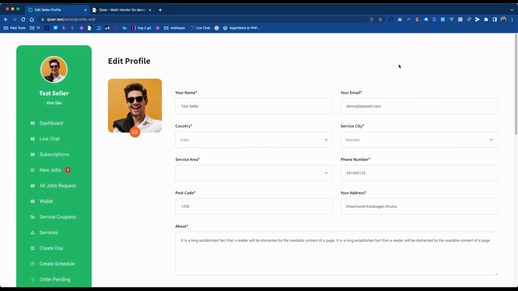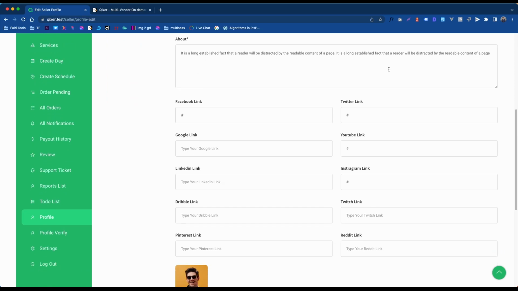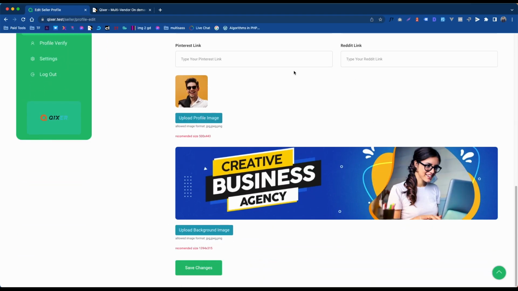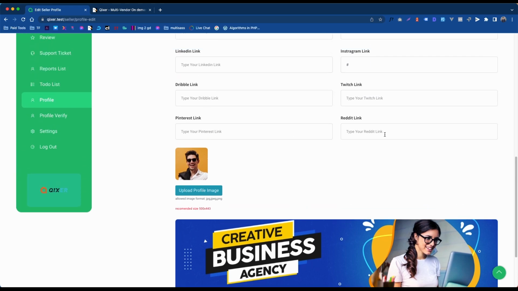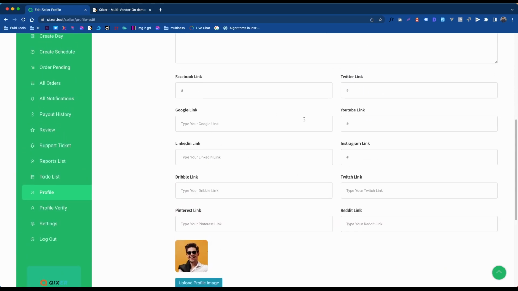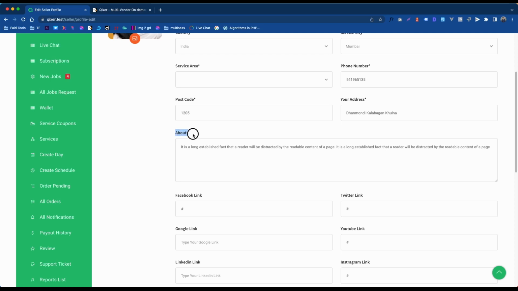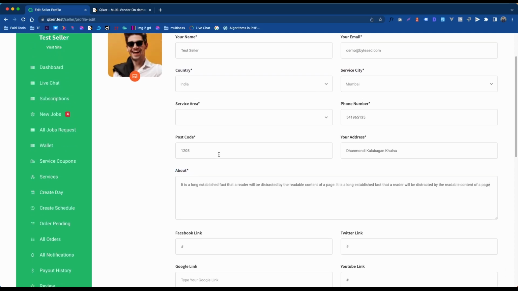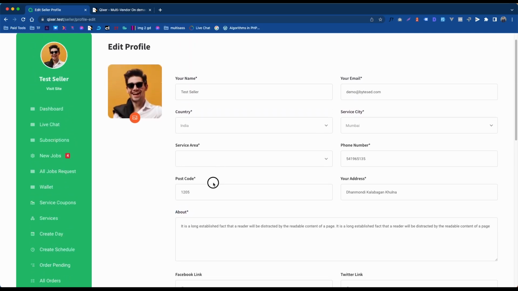Here the seller can change his profile information. It has so many options to change, like profile picture, Pinterest, Reddit, and all other social media links, a bio regarding yourself, postcode, your address, phone number, and most importantly, country,